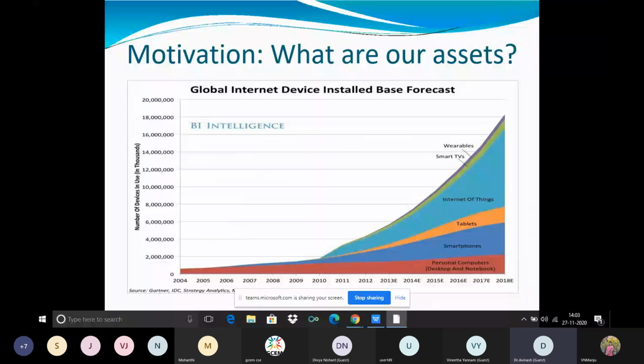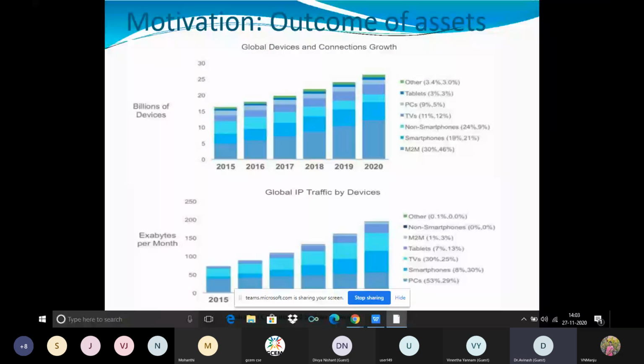According to Gartner, from 2004 to 2020 we are moving towards a situation where security has become our prime concern. Security can take the form of physical security as well as logical security. Those particular things are relevant here, and we are going to discuss them. Moving to the next slide,